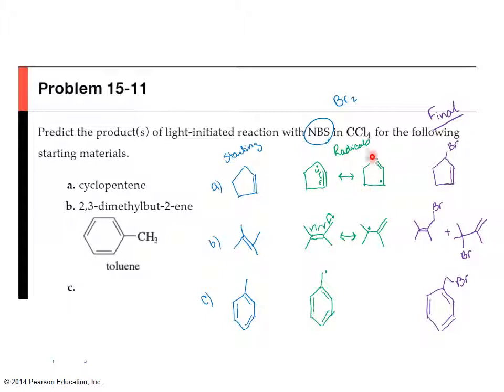However, these are still the exact same molecule. So for this one, we only end up with one product. The bromine is going to come in and add at the location of the radical. So you're going to be adding that bromine in the allylic position. For the second one,